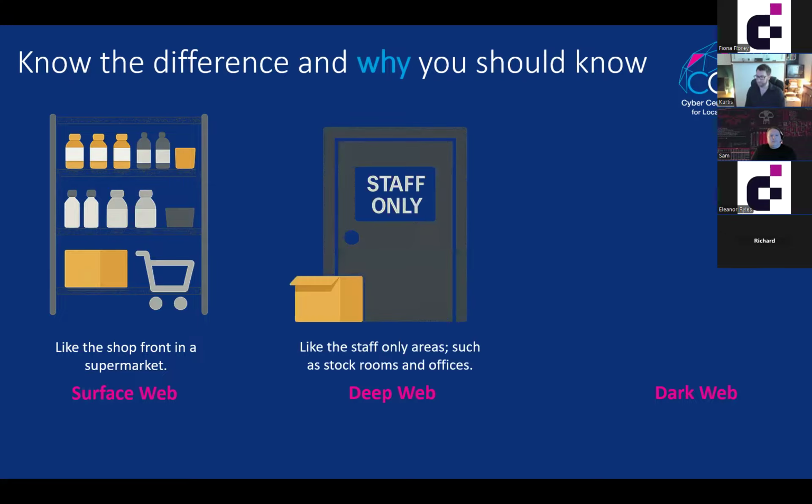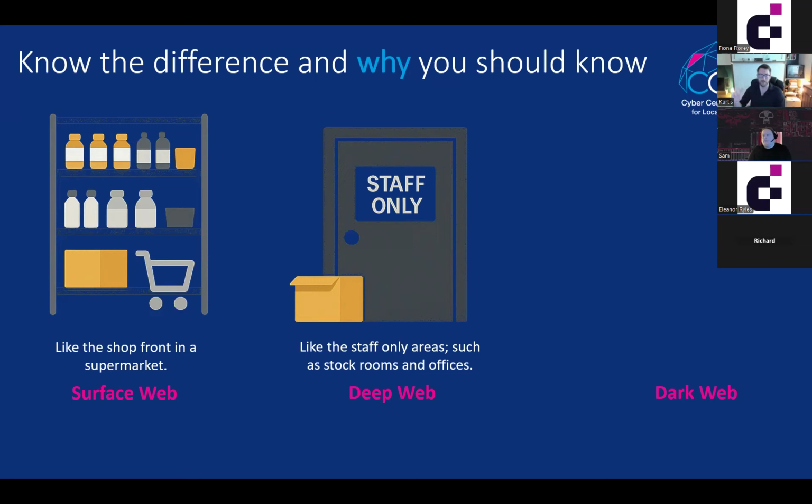Now the deep web is effectively restricted areas like your banking, your health record, anything that you are logging into and you have to prove who you are to be able to get access. That's the equivalent in a supermarket of a staff room or a staff only area like stock rooms and offices. So going through the back door, we know that technically you could walk through the door at the back of the supermarket and get into the room, but you probably need a pass key, or you know that that area is not for you, so you keep out.